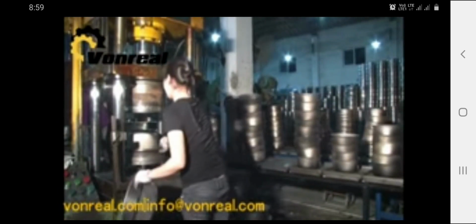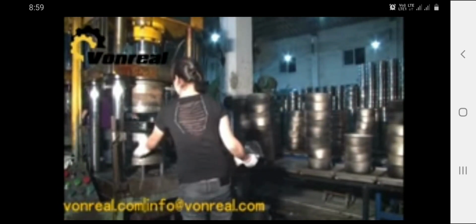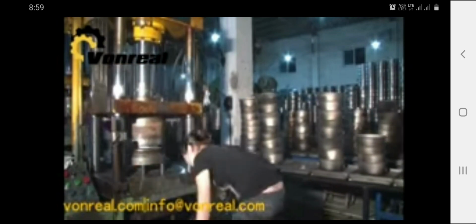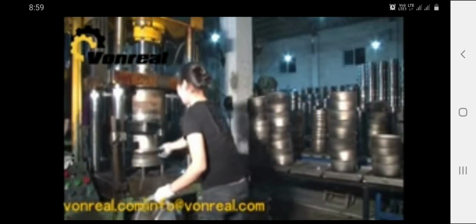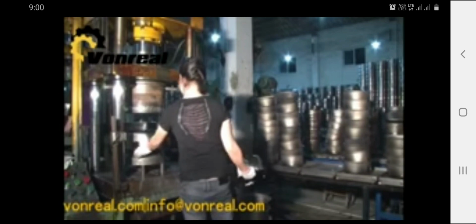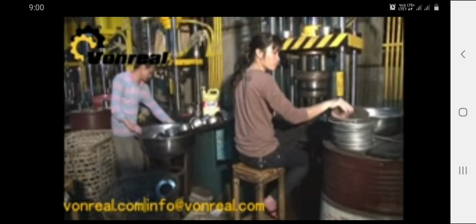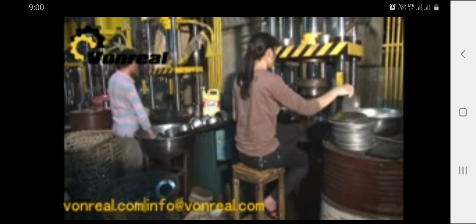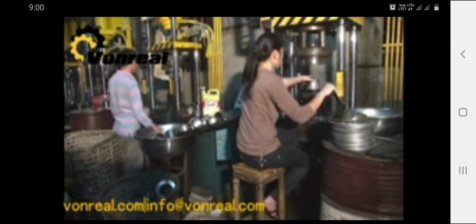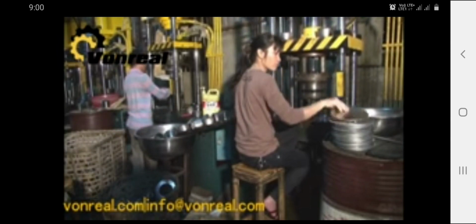You can see the manual operator is there. He is placing the semi-finished jobs and taking out the finished job. There you can see the metal handling process. So this is batch production. These machines maybe have a hydraulic power drive and are operated manually.